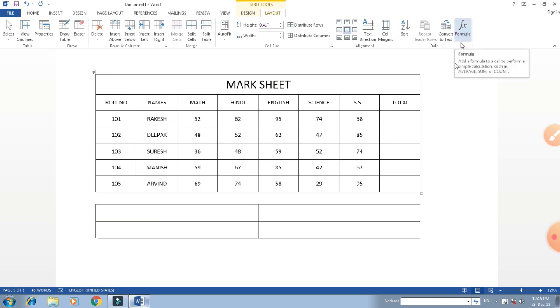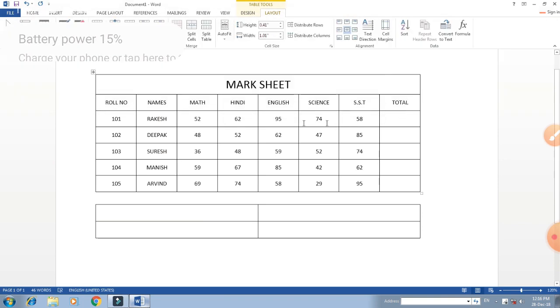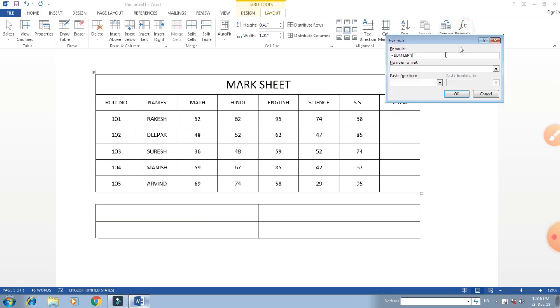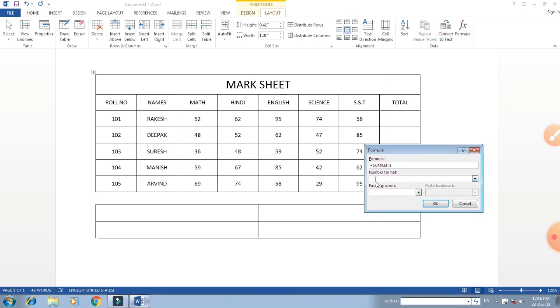Now next we find the formula, as we want to get the total of the marks. Here, the student marks, so we can get the total by using the formula. Very simple, very easy. First of all place your mouse pointer, the cursor, here and now click on formula, as it will get the sum. It is for the calculation. Click on this formula and here, as written, it is by default SUM(LEFT), as our values are on the left side. That's why we are using sum for adding here. So we only have to click.